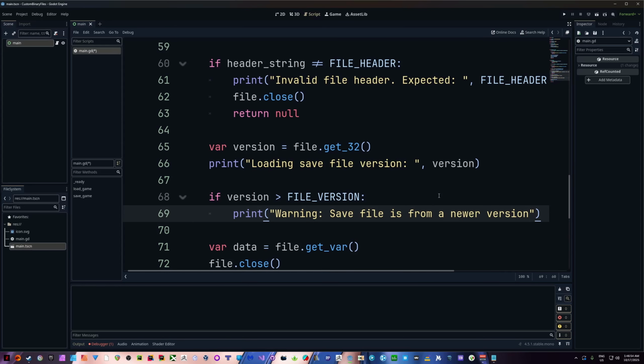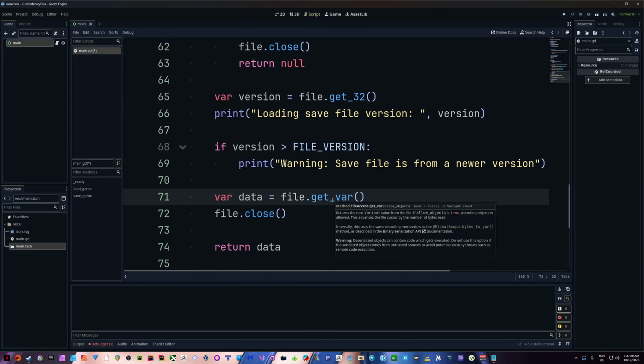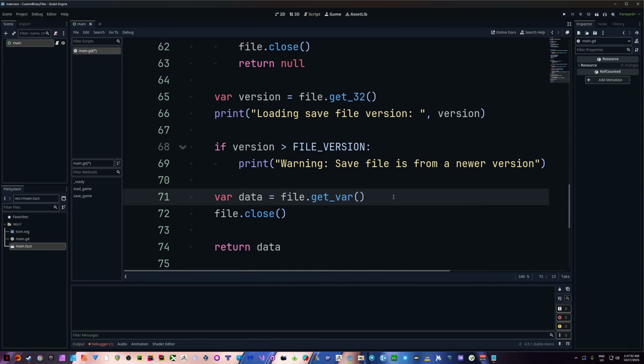hey, this is from a newer version. And likewise, you could say if the version is lower than the file version, then maybe you prompt the user to upgrade their save. That way you can make sure that their old save is now compatible, or convert it so that it is compatible with the new save in case you have new data in there. You can do all that stuff in here, with these version checks. But after that, all that's left, we've already got the header and we've got the version. All that's left is just to get that var out of there, which is our data